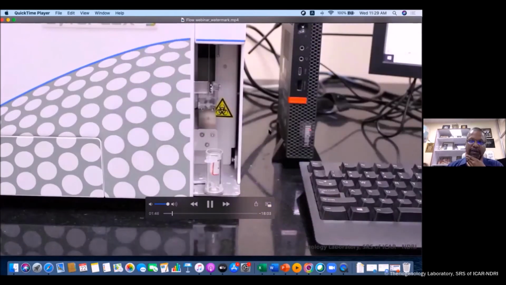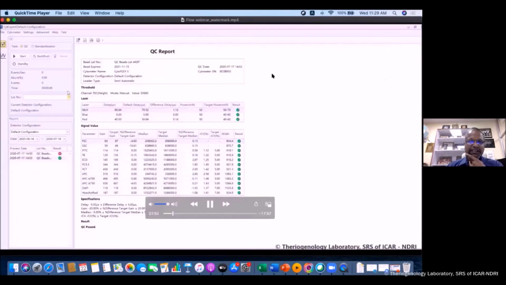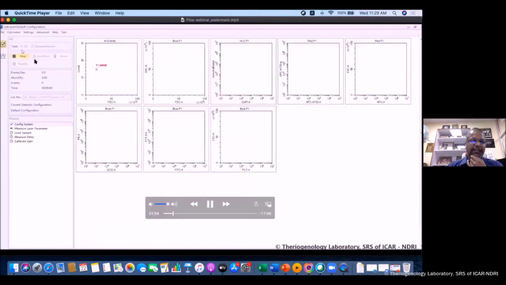It starts acquiring when we give the command to acquire the samples; automatically it appears. And then when we click the lot and then start QC, it comes. It takes a few minutes to stabilize, because if the number of events per second is more than 100, then it is quick. Sometimes if it is less, the machine says that QC is not good, so redo. One can do that, but there's no need to panic.